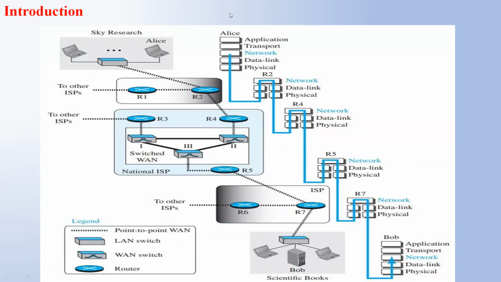So this is a representation of how communication is eventually taken up with respect to the network layer. Here, in order to have better communication, as we all know, we need two different entities. One is a source and another one is a destination. Here, Alice is known as the source host and Bob is known as the destination host.